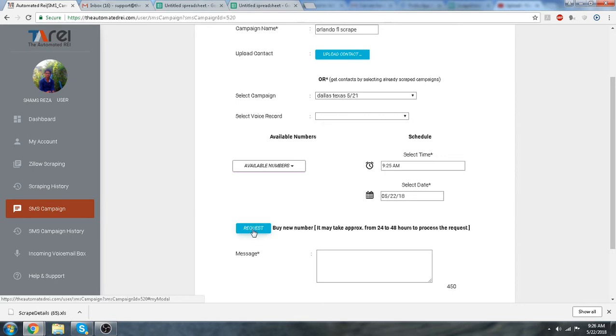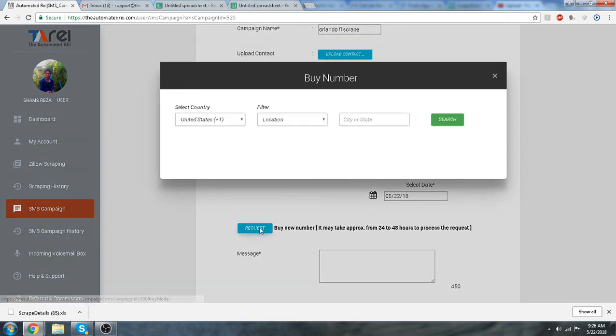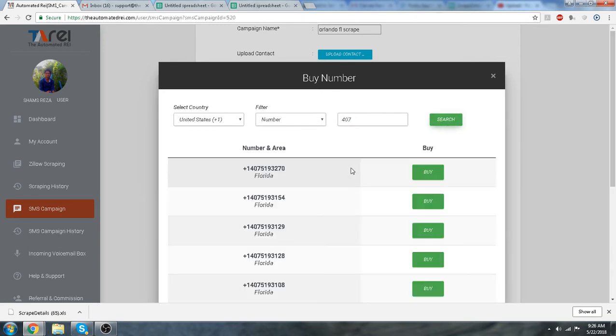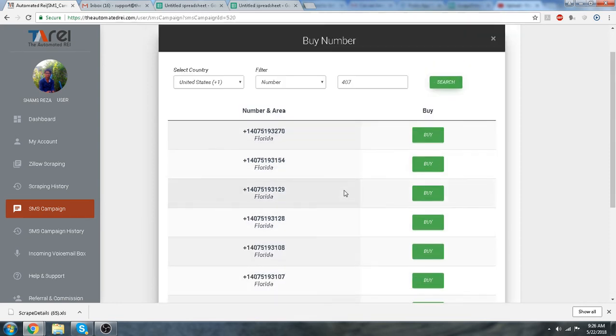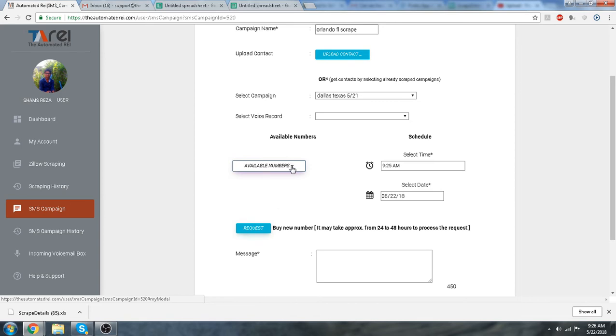You'll do that by requesting your phone number, put in your area code, and hit search. So I have multiple phone numbers available in my pool, and the reason that we do that is because